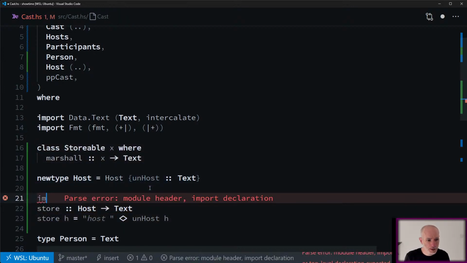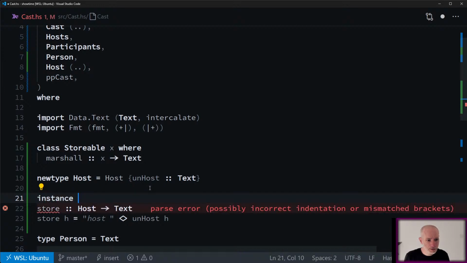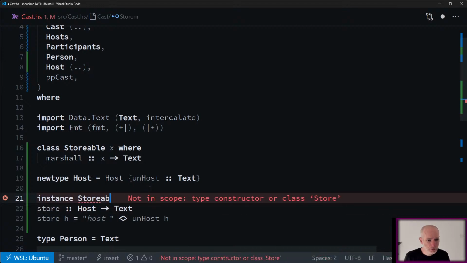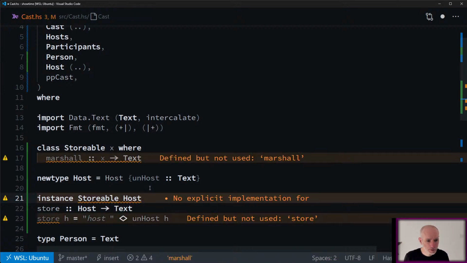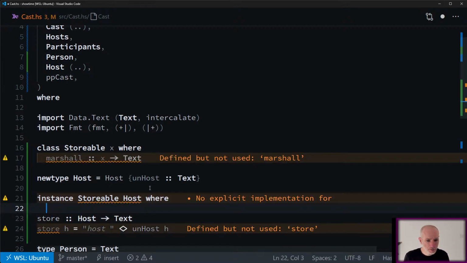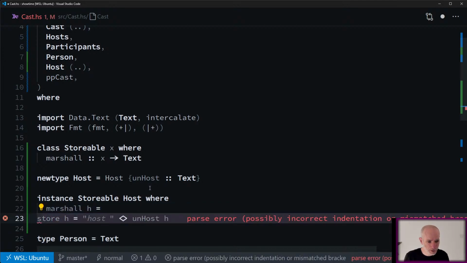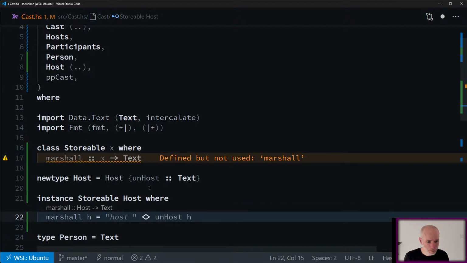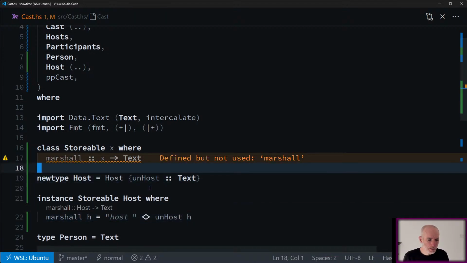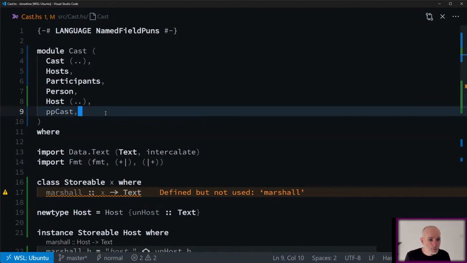And then we should say instance storable host where marshal of the host is equal to, and then this definition beneath. And then we can just export storable.